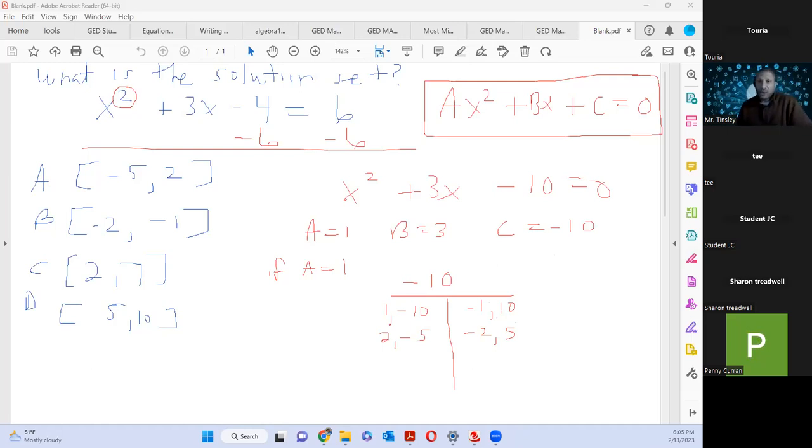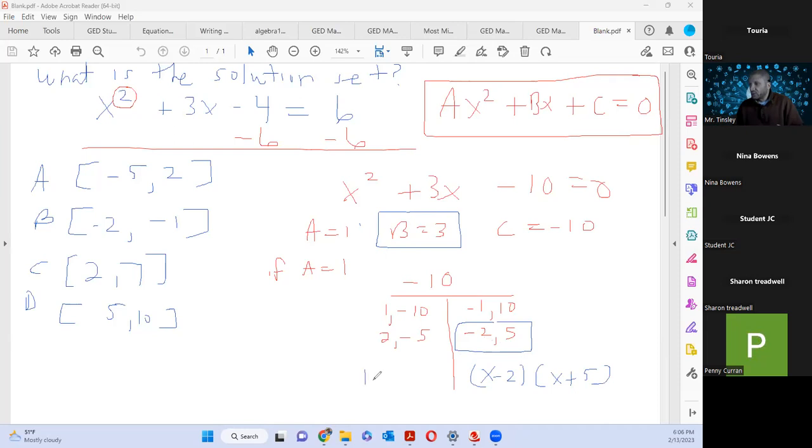Now we have all the factor pairs that give you minus 10. This is very important: once you find the factor pairs, you want to find which pair gives you B. Which pair gives you 3? Here, 5 minus 2 is 3. So that's the pair; if you combine them together, it gives you 3. We have now factored it. You just use those two numbers: x minus 2 and x plus 5.